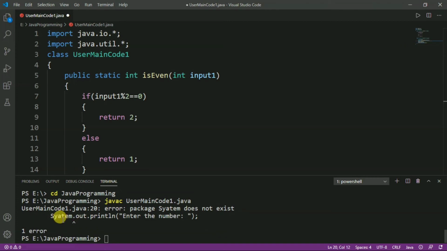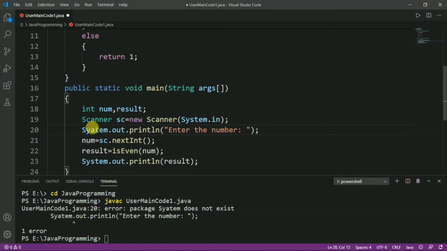Here one error has come out, which means a spelling mistake. So, here we have to change the A to S. Now, press Ctrl S and let us run again.